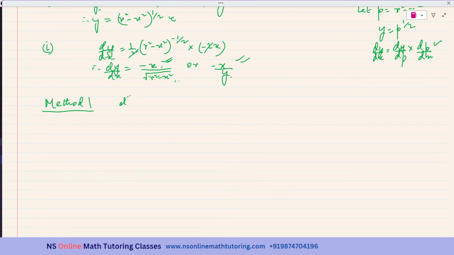So d2y by dx square should be equal to, the denominator will be v square, which is just r square minus x square, and the numerator is u prime v, where u prime is negative 1, times v